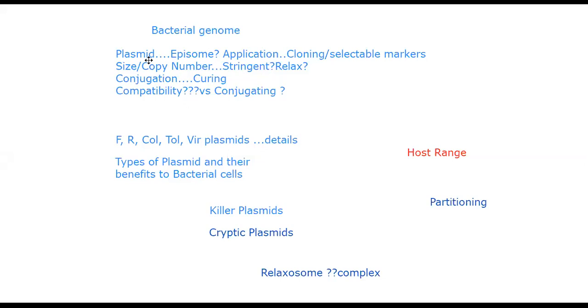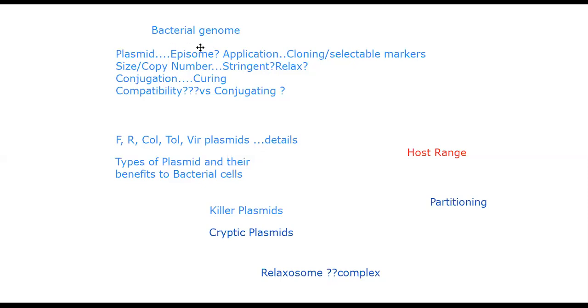Now this is the question: how can different types of plasmids be present in a single bacterial cell which is very small in size? The thing is actually the compatibility. If the plasmids are compatible, they can be present in the same cell, and the number varies between different types of microbes or bacteria, how many plasmids a single bacterial cell can have. So it always depends upon the compatibility between these plasmids which these bacterial cells have.